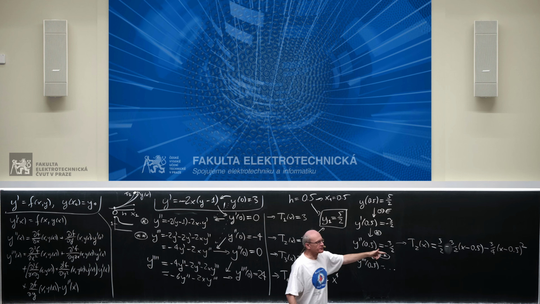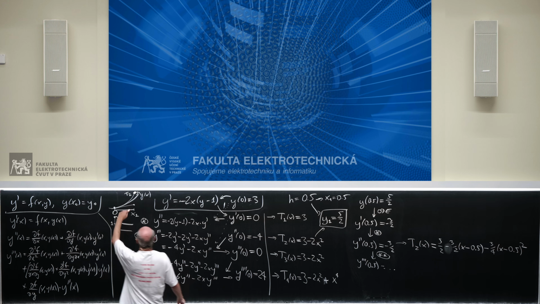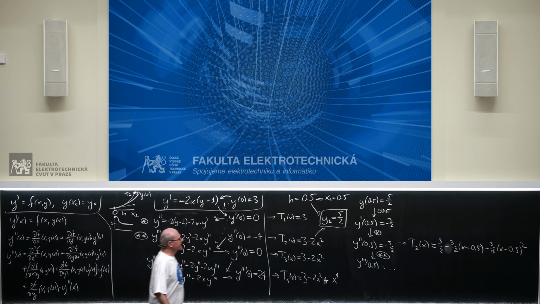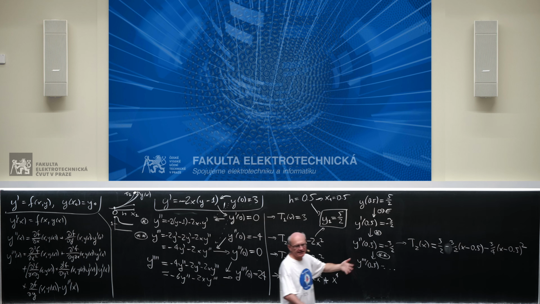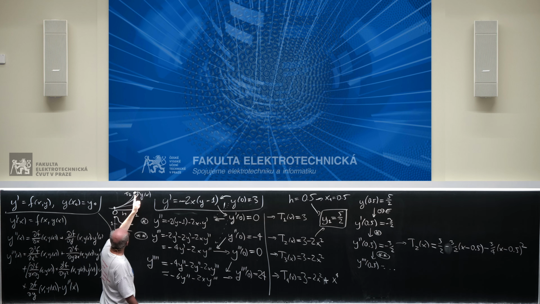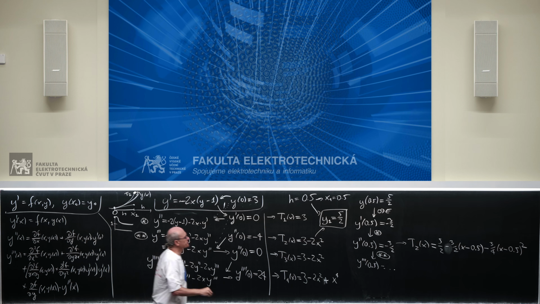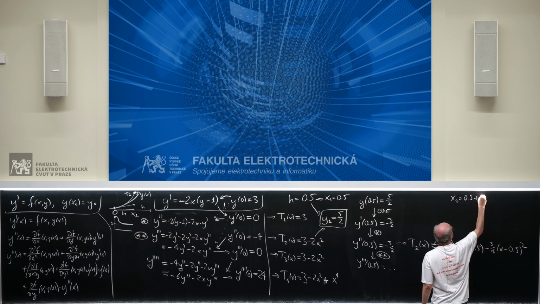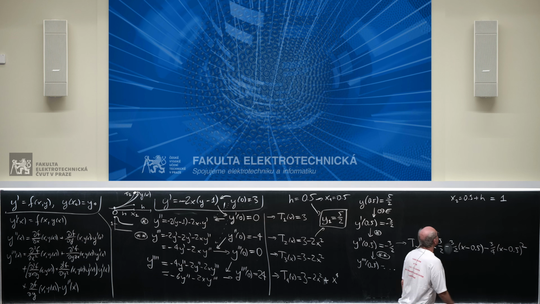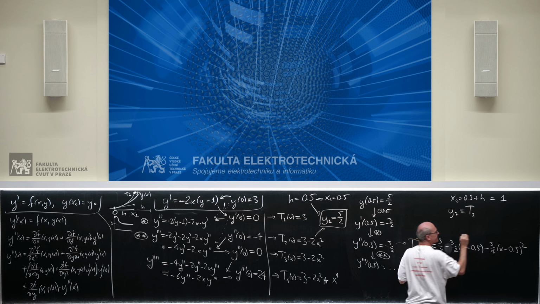And this is a quadratic polynomial which is centered at 0.5. So here there is some sort of a parabola, and when I look at the sign over here, actually it's going downwards because there is minus in front of the quadratic term. So there is a parabola going down, and I will follow it, making another step of size h. So x2 will be 0.5 plus h, which is 1,